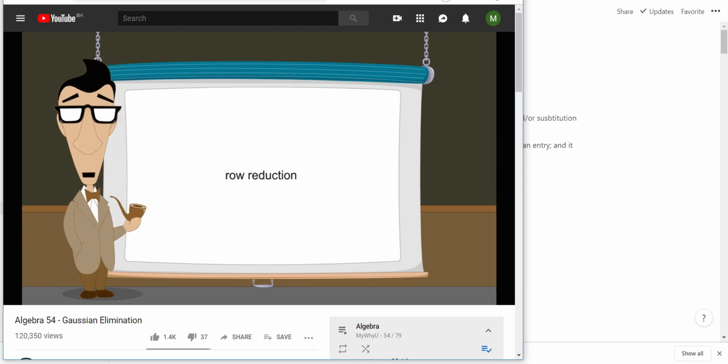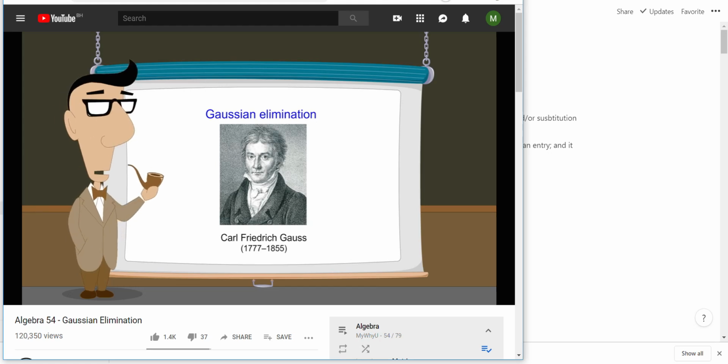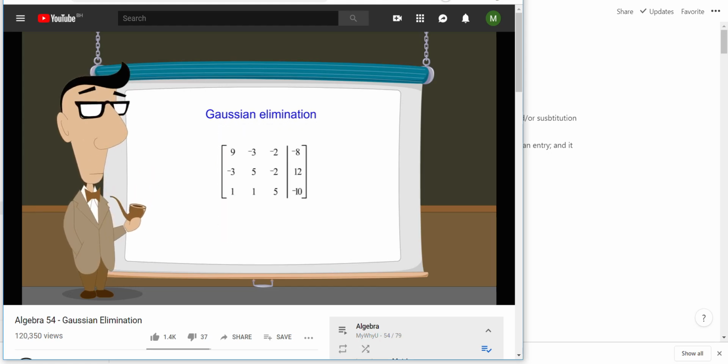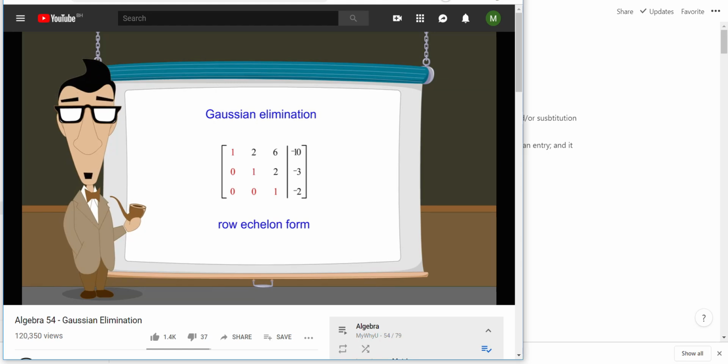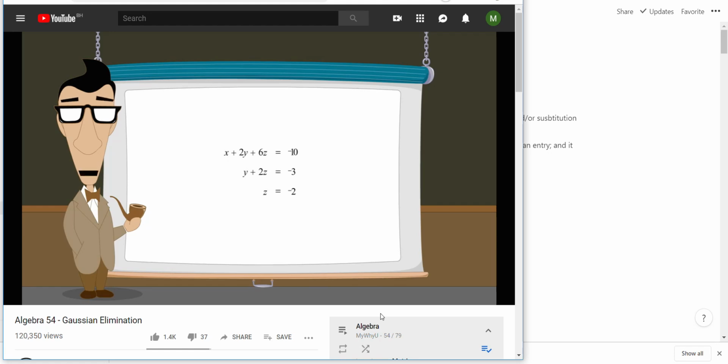In this lecture, we will introduce a process of row reduction called Gaussian elimination, named in honor of the German mathematician Carl Friedrich Gauss. Using Gaussian elimination, the augmented matrix is reduced to row echelon form. This simplified form of the augmented matrix corresponds to a simpler system of equations with the same solutions as the